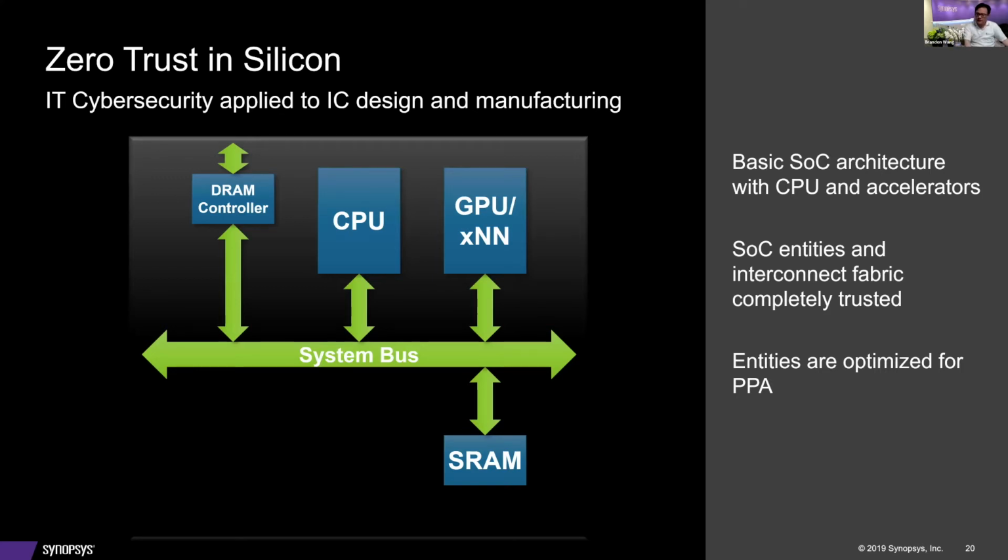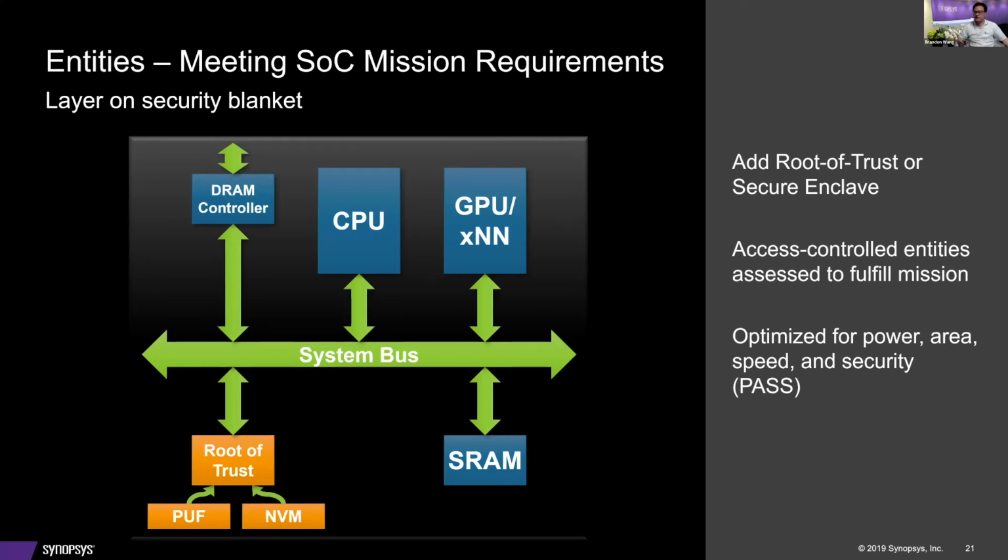But with ACE, what we would like to do is have the SoC incorporate a root of trust and a secure enclave subsystem. So you're basically not trusting the CPU to authenticate the bootstrap process by itself. Submodules and entities are assessed and access-controlled before enabling the full primary end-user function. With the ACE program initiative from DARPA, a new axis of security is added to the optimization target, and that is what the PASS matrix is all about.